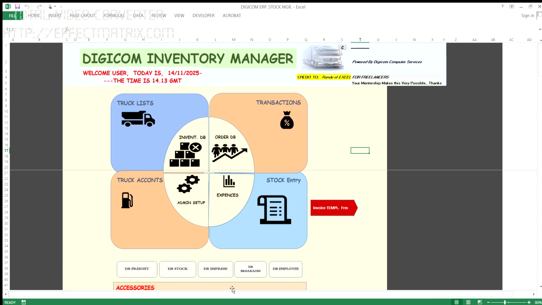Digicom Inventory Manager. So today I'm going to quickly talk about how to make entries with respect to outgoing inventory, or making sales out of inventory, out of stock, or making issuances out of stock. So these are what I'm going to look at today. Just a quick and brief training